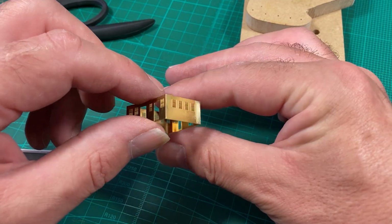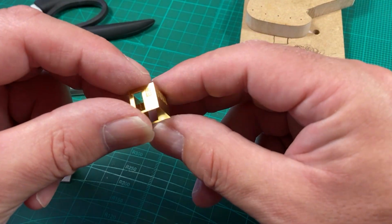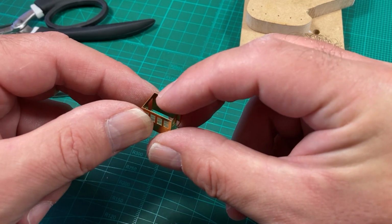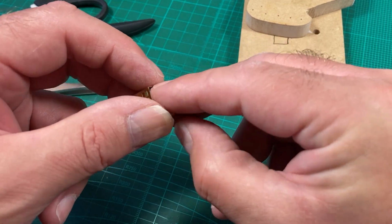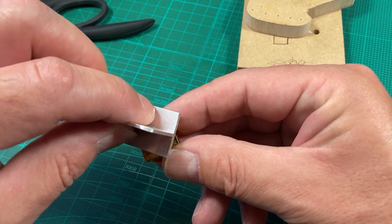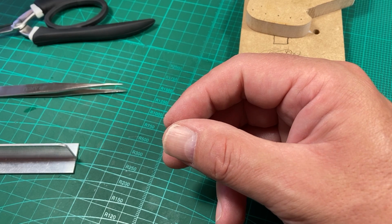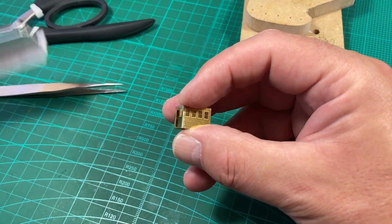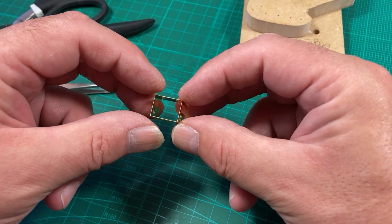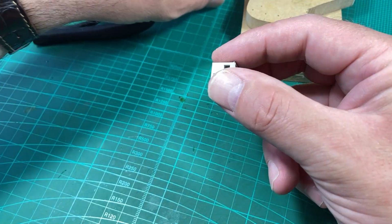Okay, so looking fairly sharp. Look at this one. I think this one was pretty much spot on. Can't feel any edge at all. It's pretty spot on as well. Okay, so now that we've managed to solder these successfully, we'll have a look at cutting off the walls of